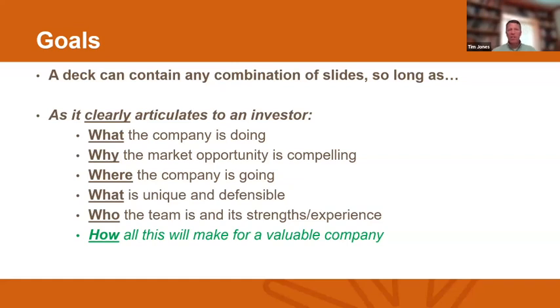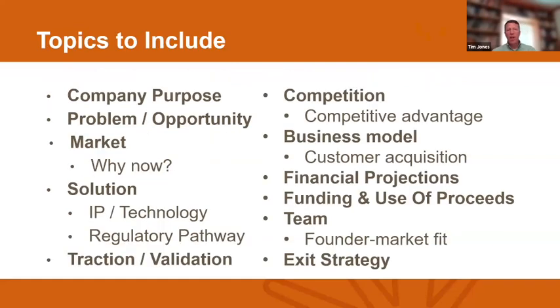So in any case, I think getting to, hey, what do we think you ought to include? And I would tell you that in general, as I look at decks, these are the types of things that I am looking for. Now, I'm going to say that this list is pretty comprehensive, I think. As I mentioned before, there isn't necessarily a blueprint. Maybe this is more of a guide for what you're trying to do here.